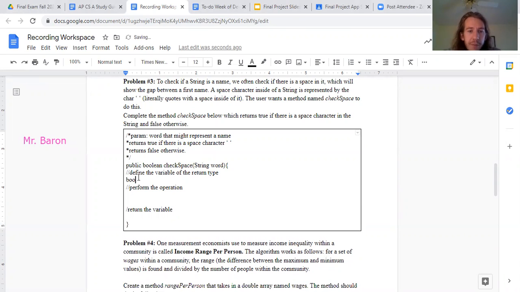So we know this is going to be a Boolean. I always like to name my Booleans check because they're usually checking something. And I want to return check at the end. And it says return true if there is a space character, return false otherwise. What we're interested in figuring out is which of these is the default. Returns true if there is a space, returns false otherwise. Which of these is the default value here? Think to yourselves. I'm going to argue that it's false,